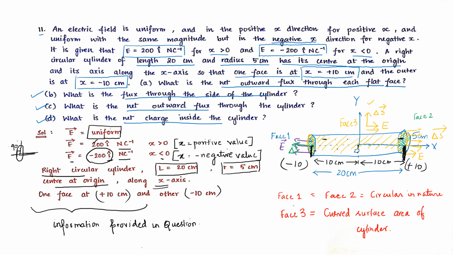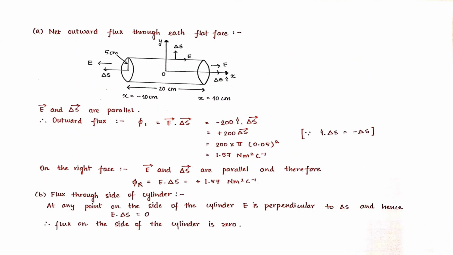Whenever you solve a question, it is very much necessary that our first step should be to write down what the question provided us, so that we can analyze the given information and write up the solution for the given problem. So our first problem was to find the net outward flux. Net outward flux will be from this surface